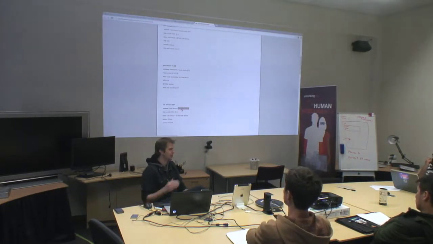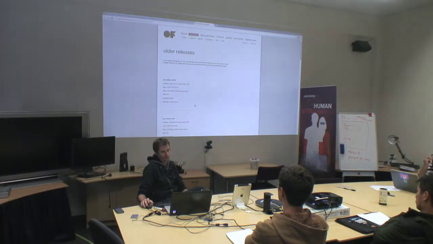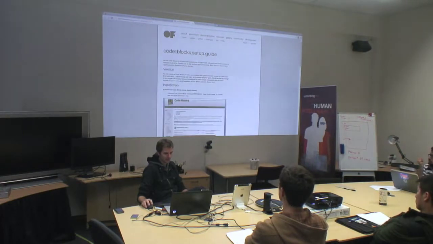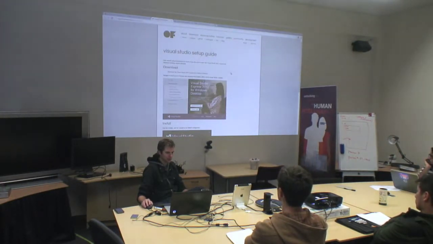So if you want to use the university's site license of Visual Studio, you have to go right back to Open Frameworks 0.0.7.4, which is a bit of a pain. We tried to argue for it, but getting it past the uni is a bit of a pain. What we can do though is, if you go to the IDE setup guide for Visual Studio, you can actually use